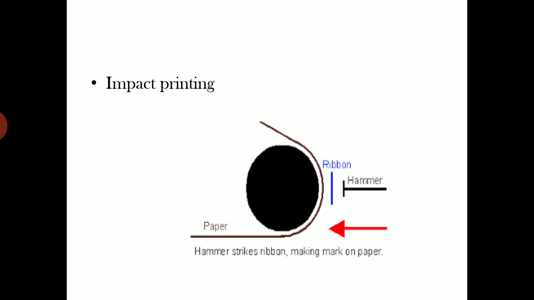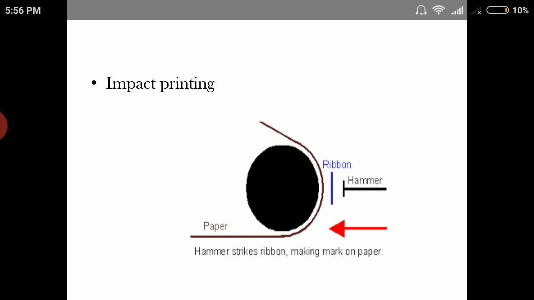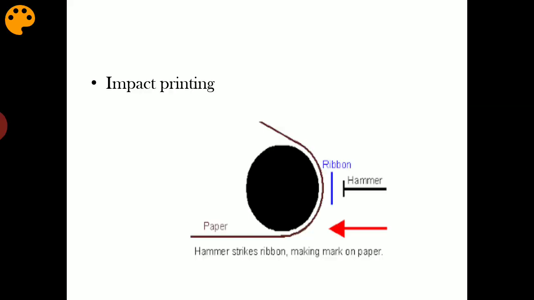Then the second method is impact printing. You all might have used carbon paper to write something. Impact printing is very much similar to that. Here, in between the paper and the pen or the impact mechanism, we will be holding a carbon ribbon. The ink needed to write something on the paper is provided by the carbon ribbon. When the pen presses onto the ribbon, it will leave a permanent mark on the chart paper. In this manner, a continuous graph will be drawn on the chart paper.